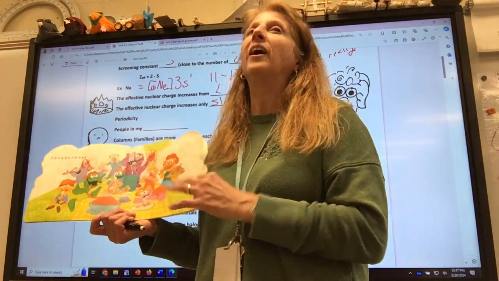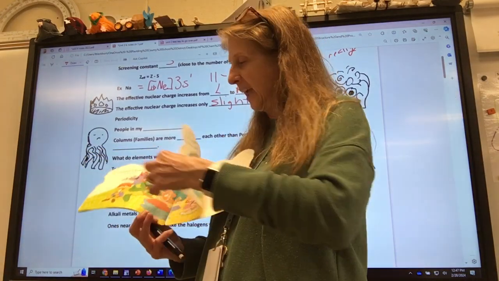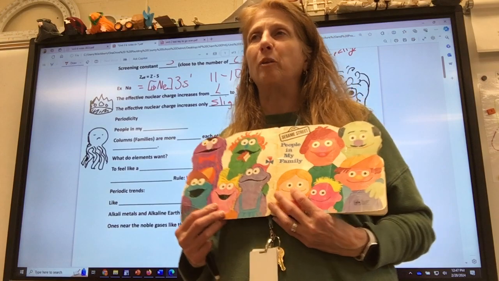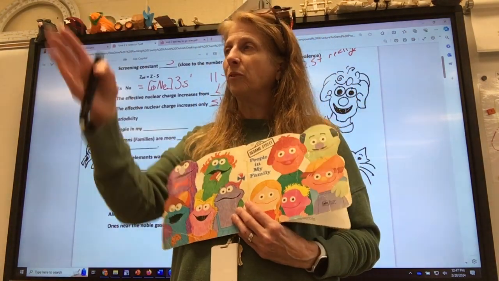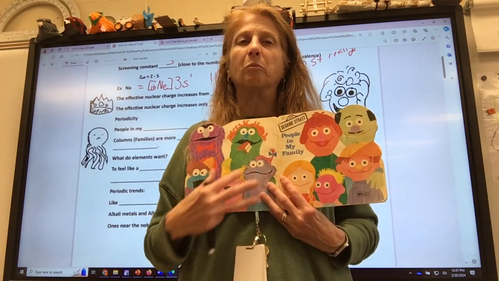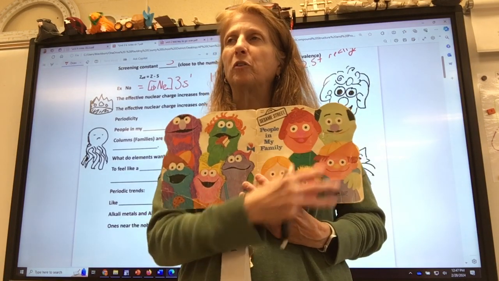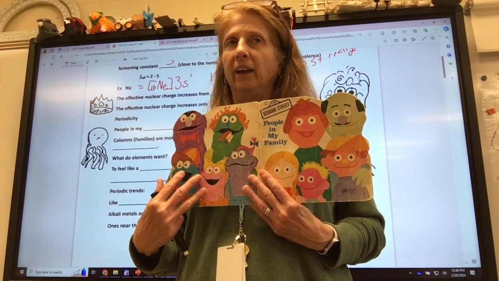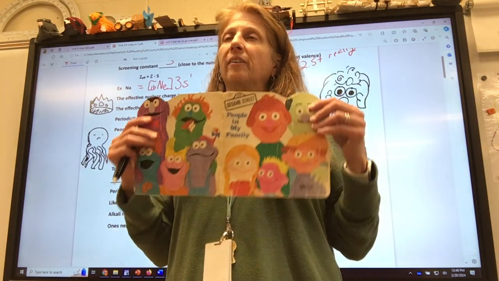1, 2, 3, 4, 5, 6, 7, 8, 9, 10. Now, if you were learning to count, these are the correct questions, but we're not. We're learning about the periodic table. And what we learned was the families, the columns, have similar members. So the monsters look more like monsters than they look like the Muppets. The Muppets will look more like each other than they do like the monsters. Okay, everybody got that?